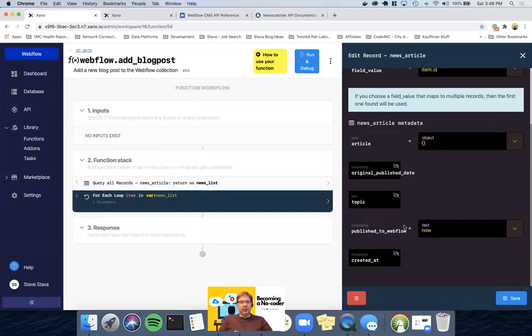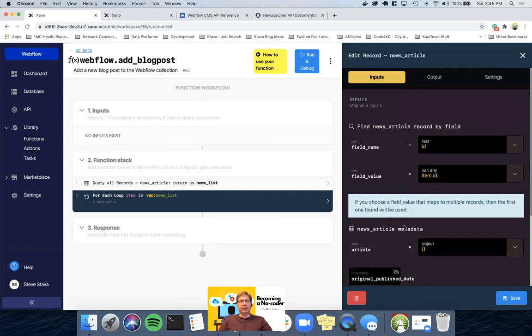So in other words, if I call the Webflow API to post that blog and it fails, I'm still going to mark it as published even though it's not. For what we're doing right now, I'm going to leave that as it is,